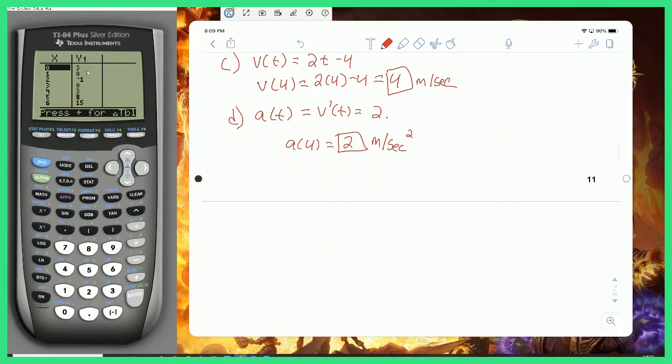A particle changes direction when the velocity changes from positive to negative or negative to positive. Specifically, we want to find out when the velocity is 0, because that's where we're going to change sign. So if I take my function 2t minus 4 and set it equal to 0, and I add 4, and I divide by 2, I get that there's only one change of sign of velocity, which is at 2,